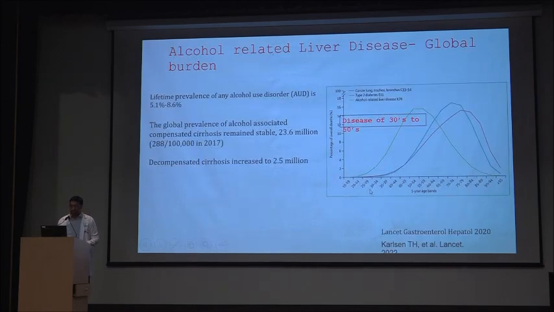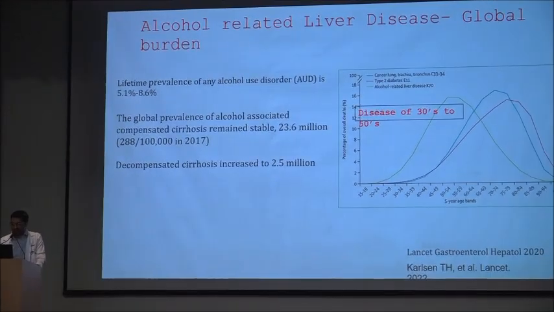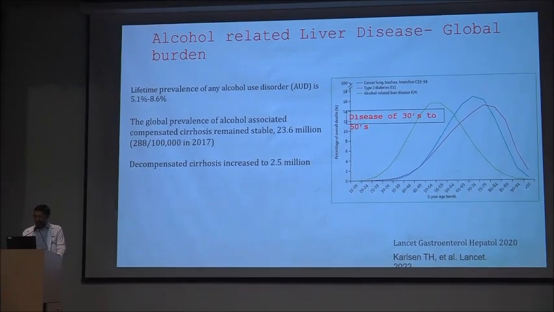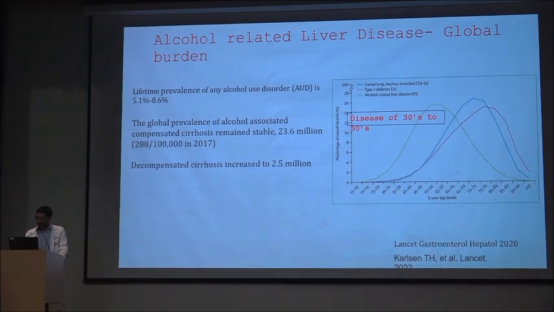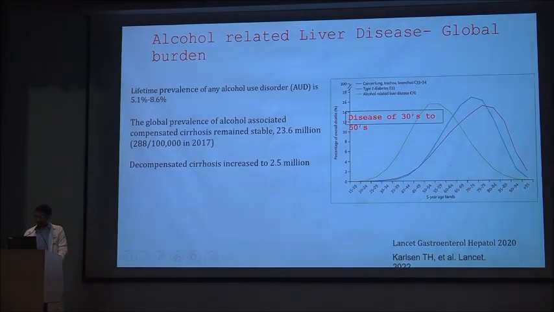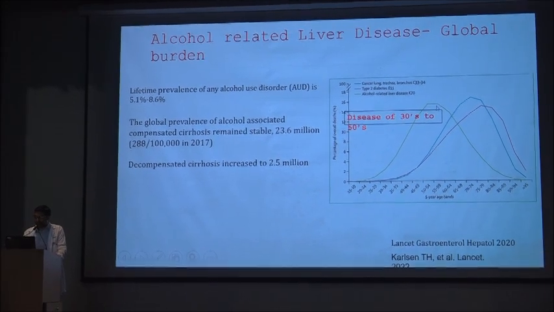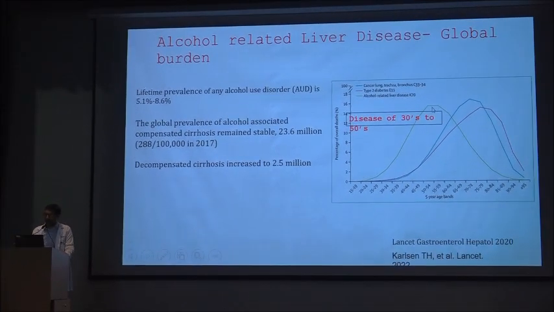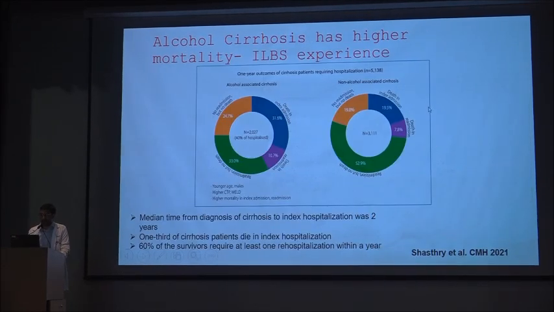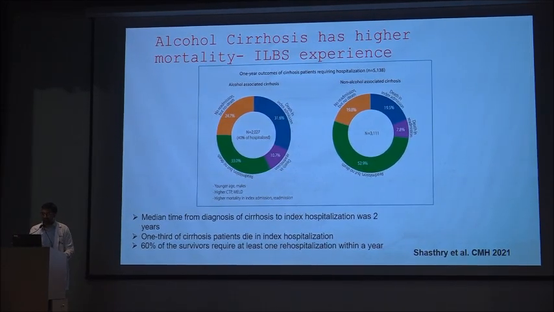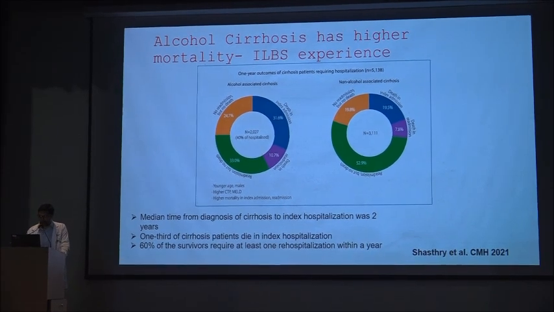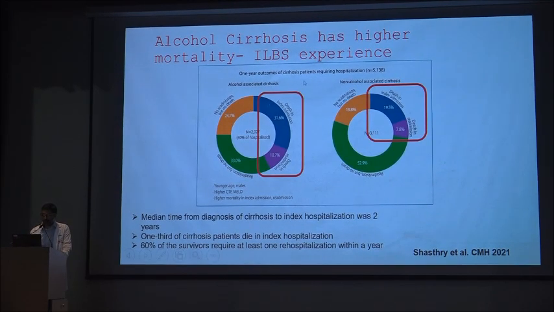It is important to discuss alcohol-related liver disease because there is a huge global burden. The global prevalence of compensated cirrhosis is up to the tune of 25 million, and decompensated cirrhosis around 2.5 million. When any chronic liver disease, especially alcohol-related liver disease, is compared to a chronic etiology like diabetes or cancer, it is seen that the mortality is nearly 1 to 2 decades earlier as compared to diabetes or other diseases. Even the ILBS experience with alcohol cirrhosis has been the same, where we find that patients who have alcohol-related cirrhosis